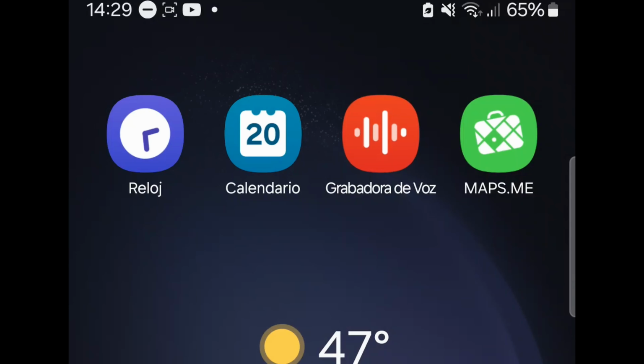So look, this clock right here, you might not know what the Spanish word for clock is, but it's right under there. Reloj. There you go. Calendar. You already know that icon means calendar. So under that, calendario, now you have the Spanish word. Right here, you see those sound waves again. So you already know it means record something or whatever. So grabadora de voz means voice recorder.